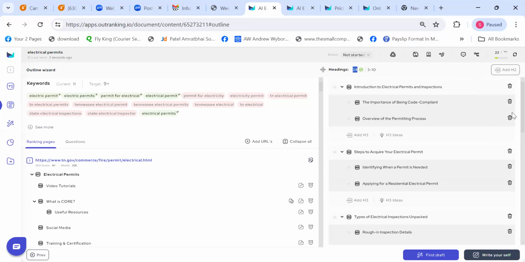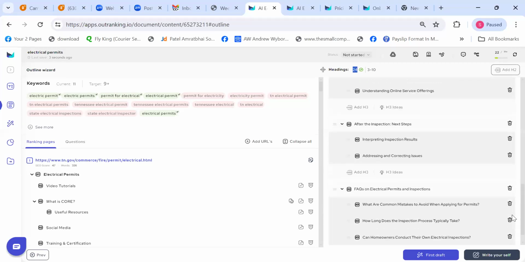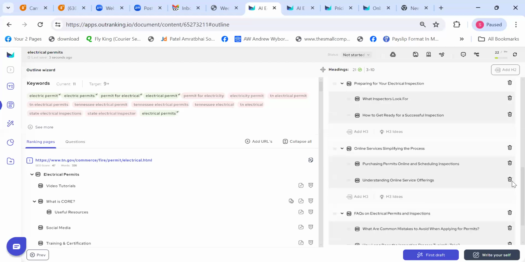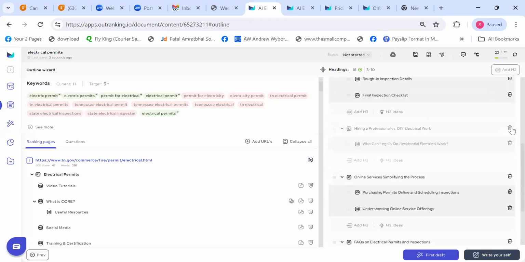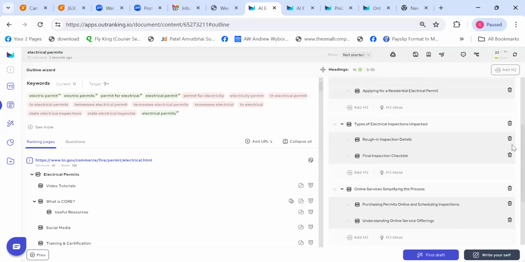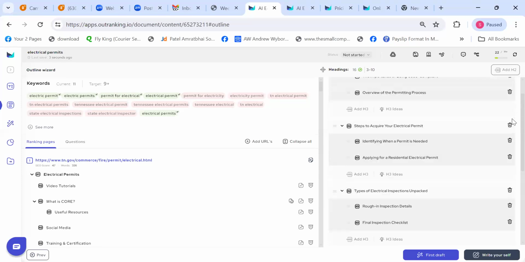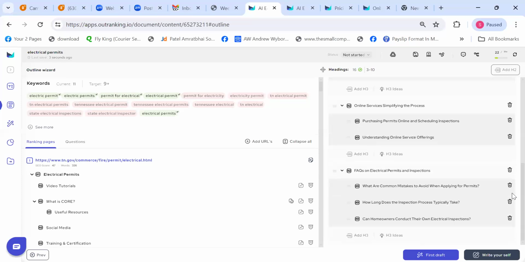As I said, Outranking will generate outlines from a 360 perspective, it will try and add everything. So all you need to do is just remove things that you don't need at all. Let's say we remove a few outlines so that we can quickly generate a first draft. Let's say I remove a few more. All right, and FAQs.